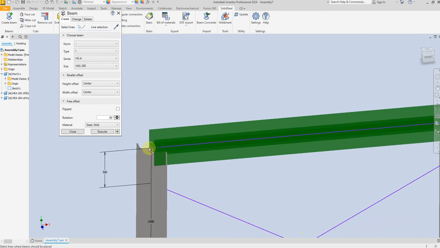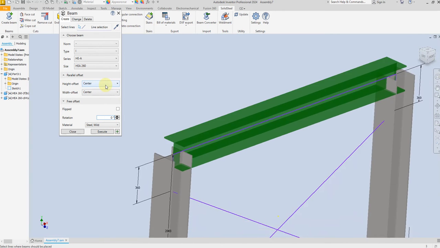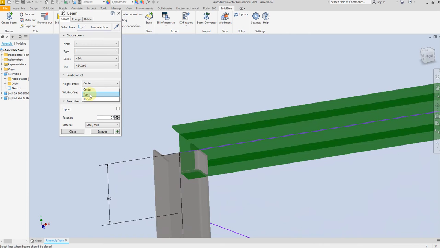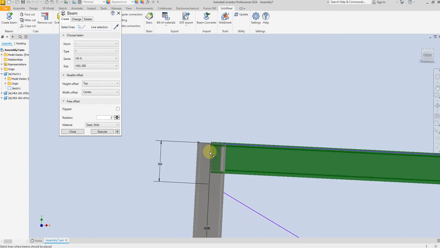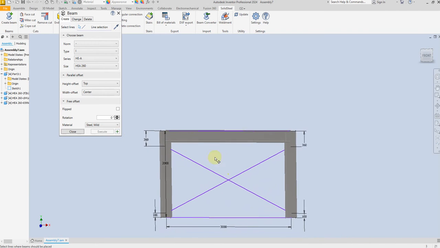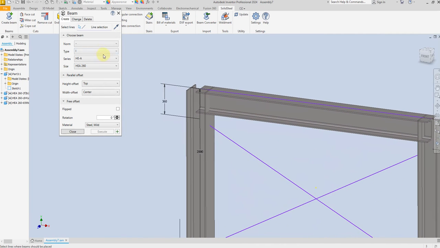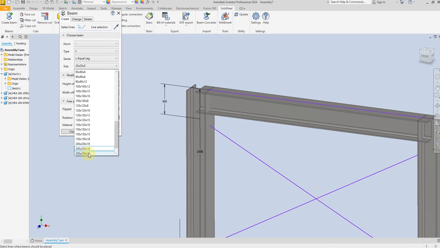select this sketch, change the rotation 0, and here we can change to the top, okay. And now select the brace. For now I am going to select L shape and select equal leg, dimension 100 by 100, thickness 10 millimeter, this one,